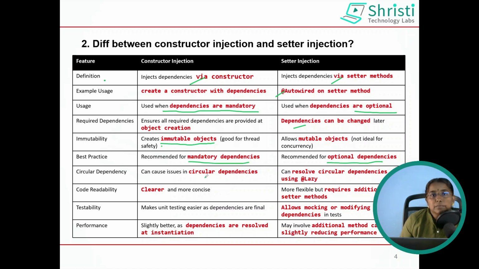Sometimes constructor based dependency injection may lead to circular dependencies. We will see this with an example. I have two classes, Student and Course. Student depends on Course, so I have a parameterized constructor with Course as a parameter. In the Course class,